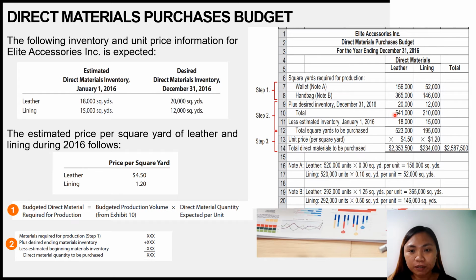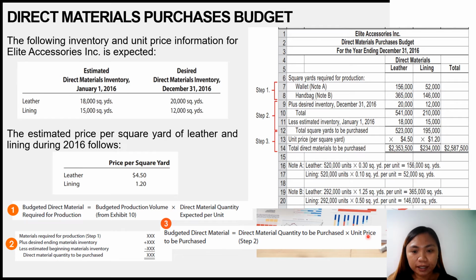So the total would be 541,000 for the leather and 210,000 for the lining, less estimated inventory beginning of 18,000 for the leather and 15,000 for the lining. So the total square yards to be purchased for the leather is 523,000, while it is 195,000 square yards for the lining. So multiply that